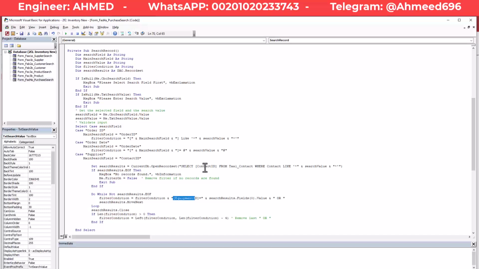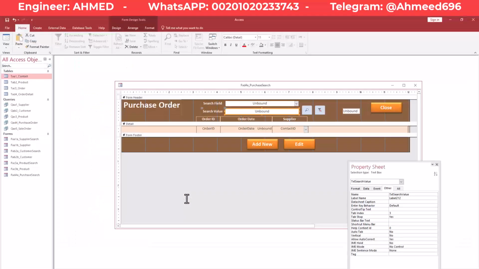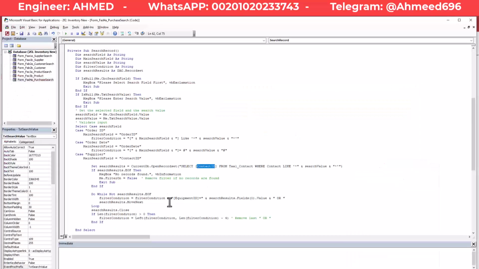I'm searching the current form for the contact ID field. So I'm using this one. Why? Because on my current form I have the contact ID field. So this is my main field. I will copy this here. So my filter condition would be contact ID equals to